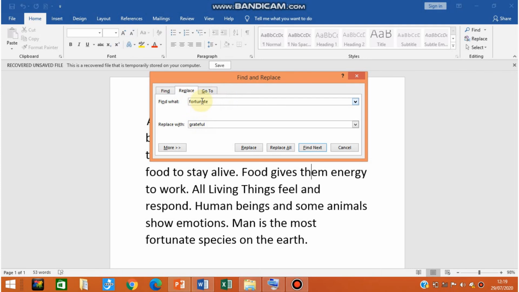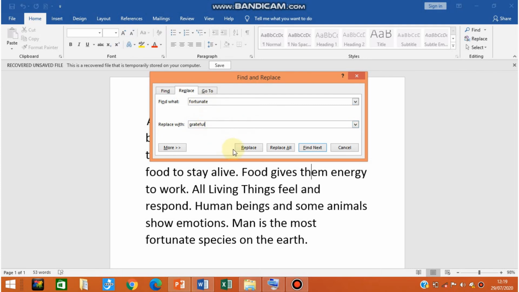Here the find what word is fortunate, and I want to replace that word with grateful. Whichever word you want to find, write inside the find what box, and whichever word you want to replace it with, you write inside the replace with box.